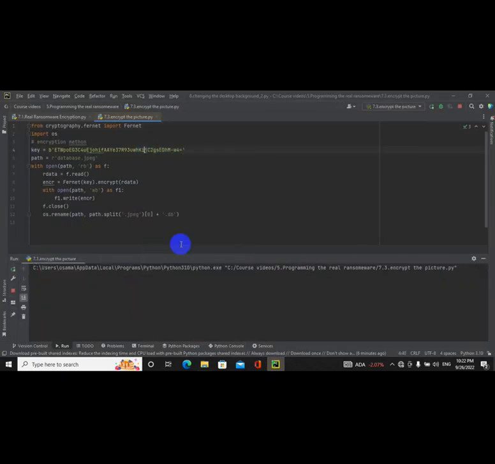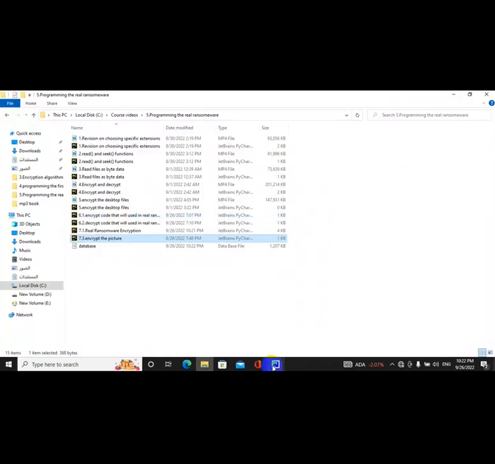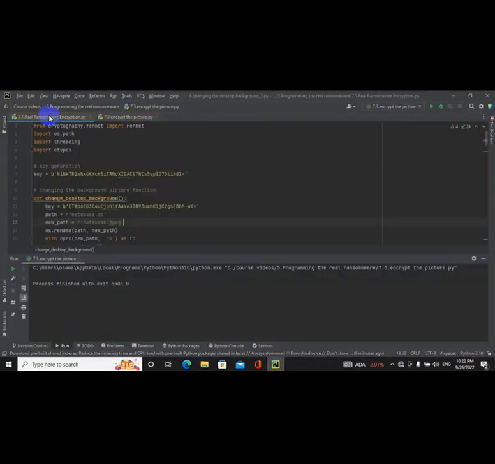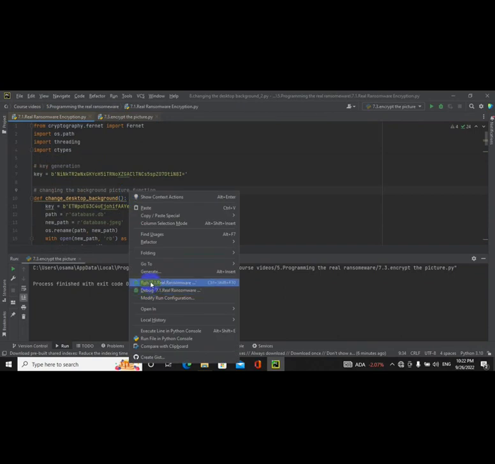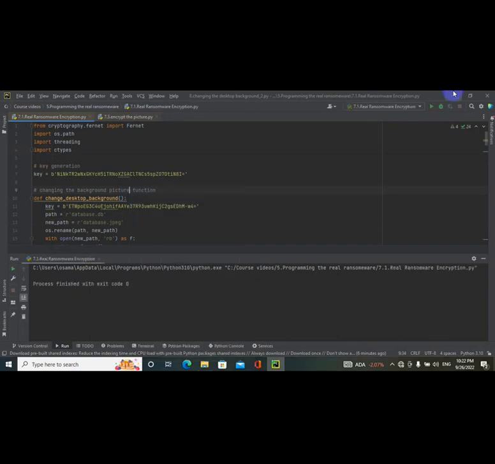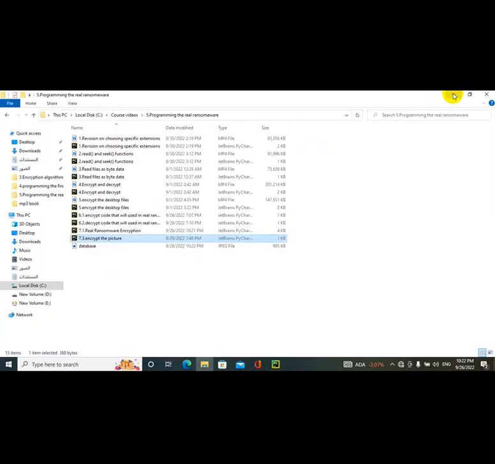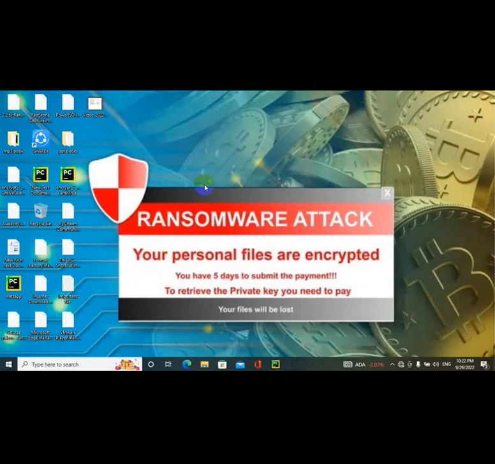Let's run it. Okay, the picture transformed to database. Let's run this code again. As you see, the desktop background has been changed to a picture that indicates your personal files have been encrypted,